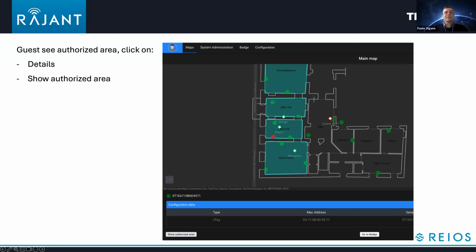you will see a pop-up menu on the bottom of the page, in which you have more configuration data for the specific badge you clicked, and also there are 3 buttons. The first one is a button to show the authorized area. As you can see in this screenshot,